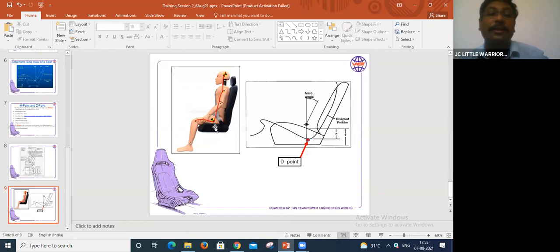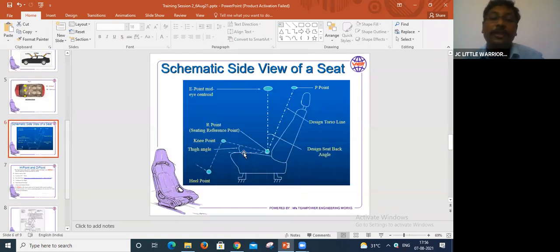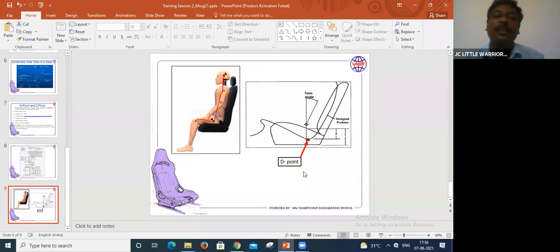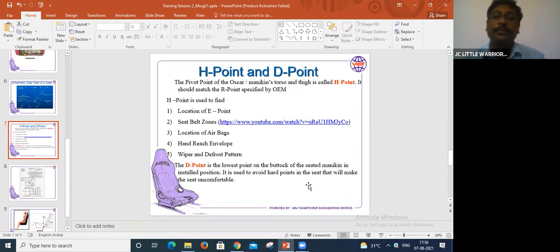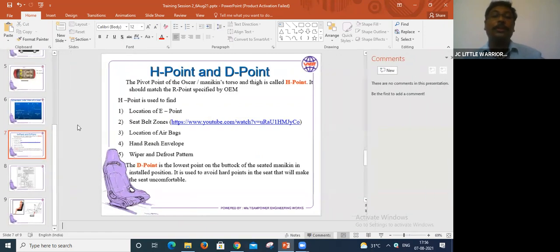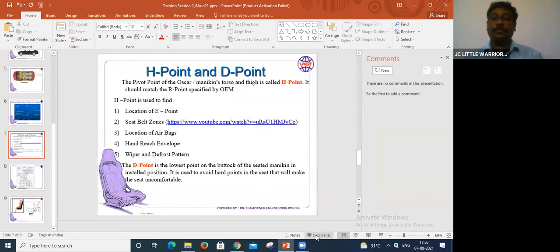And this one is the thigh line. This is the knee point. If you take a vertical line here and measure here, this is the thigh angle. See this one here, it is schematic, that's why it is very clear. Going forward I'll show you a few more pictures where it will be more clear for you. So let me tell you about